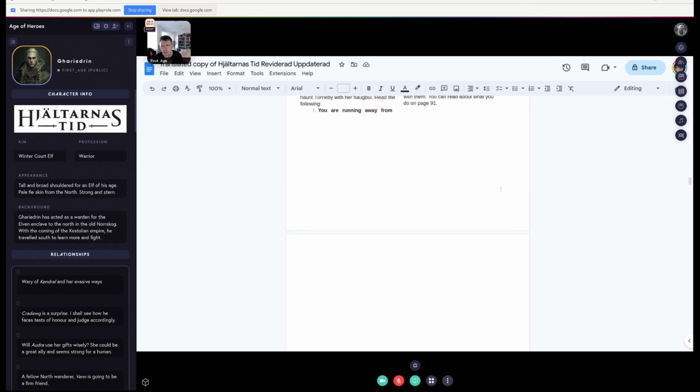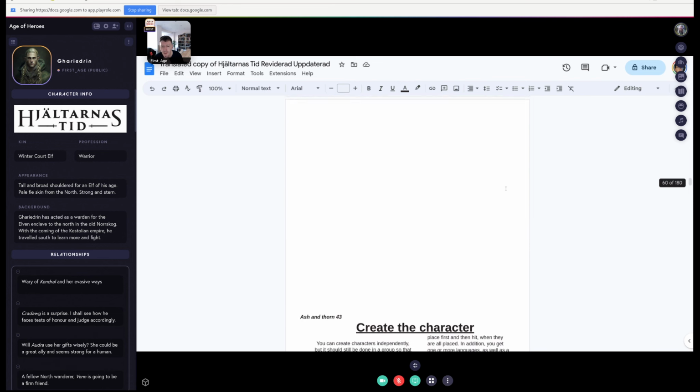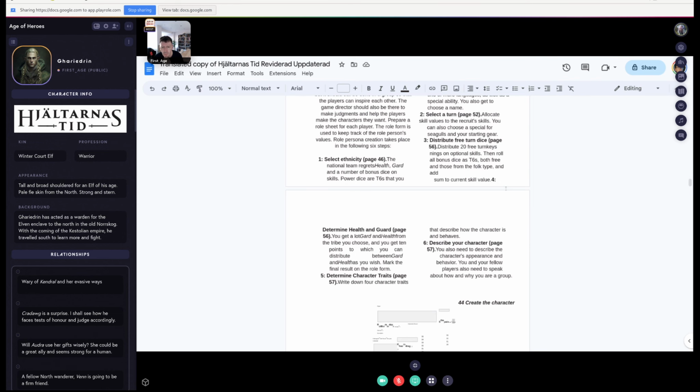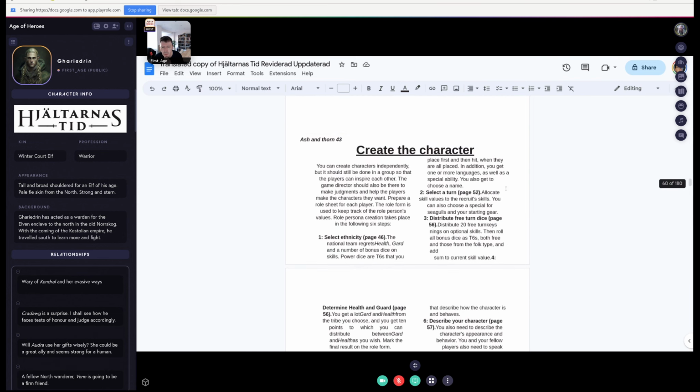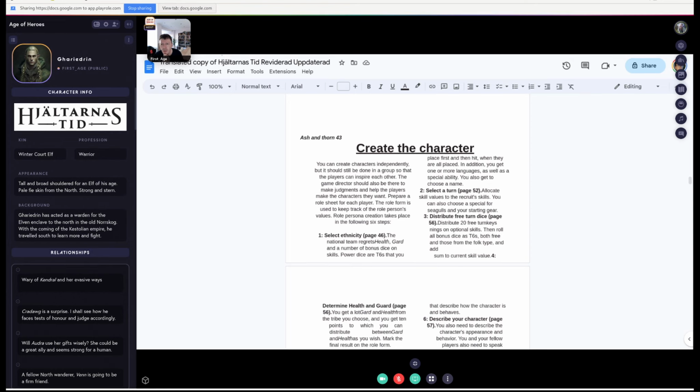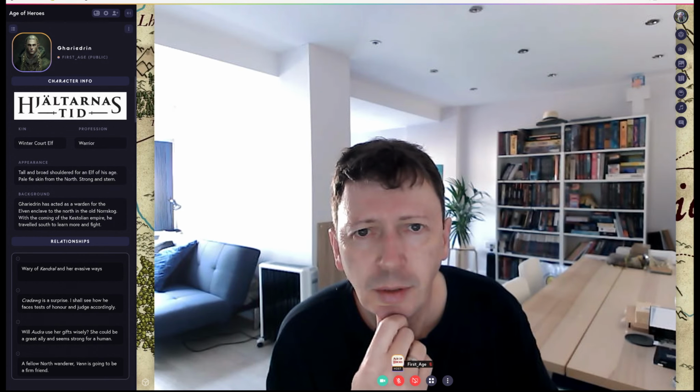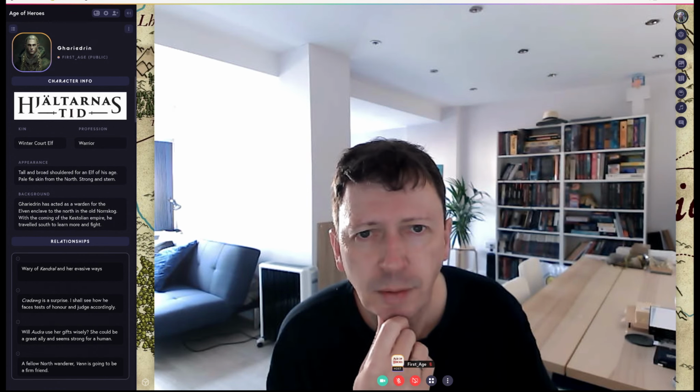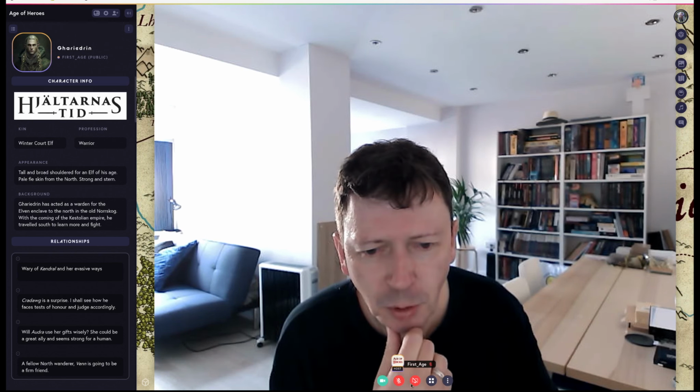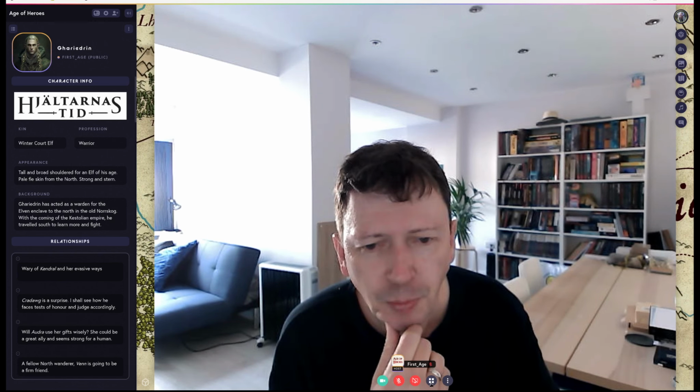But things like marksmanship as a skill came out as Sagittarius. I had to think long and hard about what was going on there, but once you work it out, you're fine. Most of it is clear enough for you to have a good feel for it. So let me just stop sharing this for a moment, if I can. I'm back. I'm just playing around with what I'm doing here.